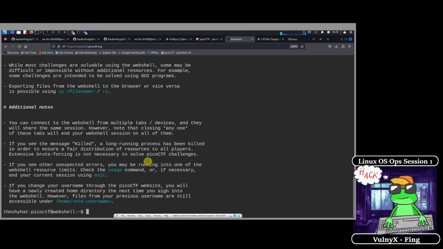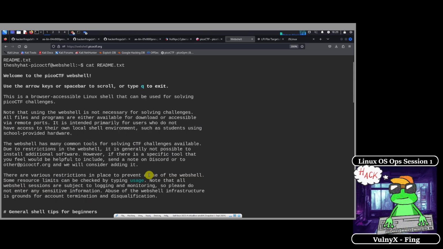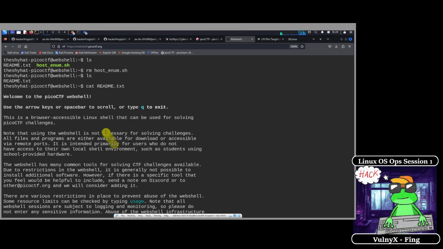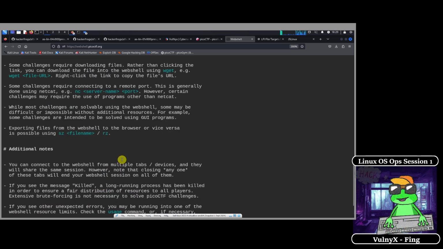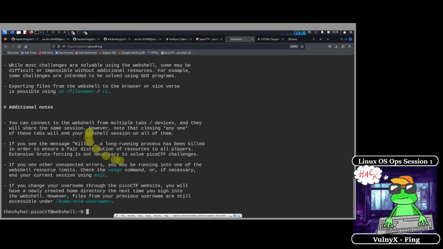If you're using a mouse, you can use the mouse wheel to scroll up and down through the terminal in case the output goes off of the screen. And you can also scroll the mouse wheel down to get back to where you were.